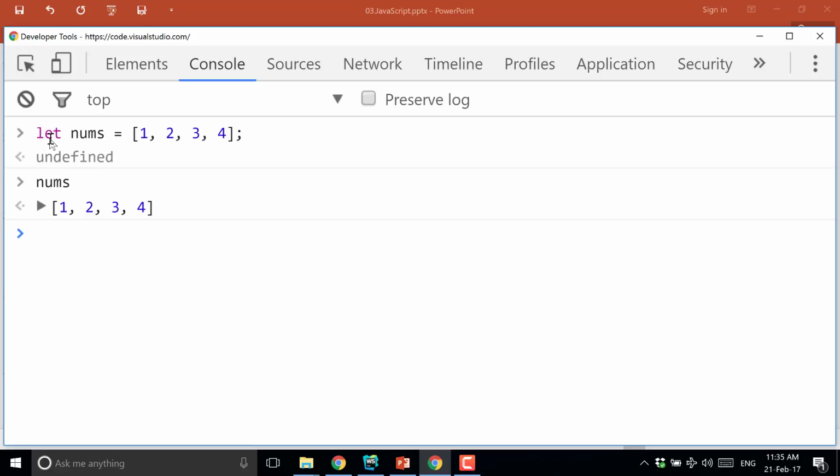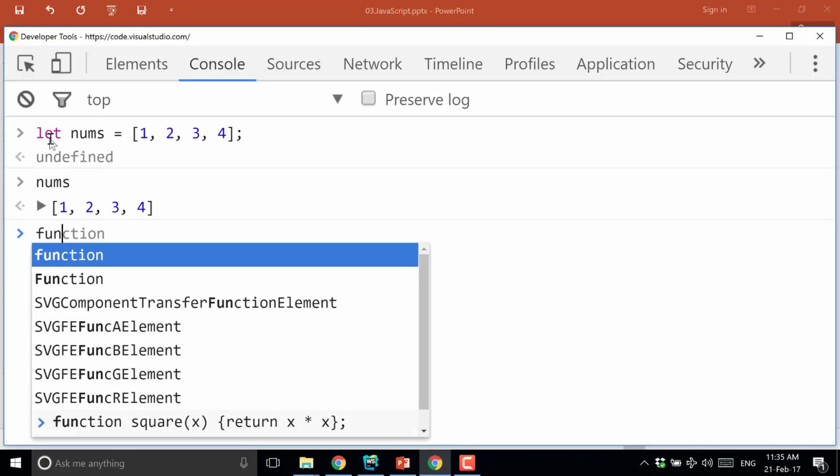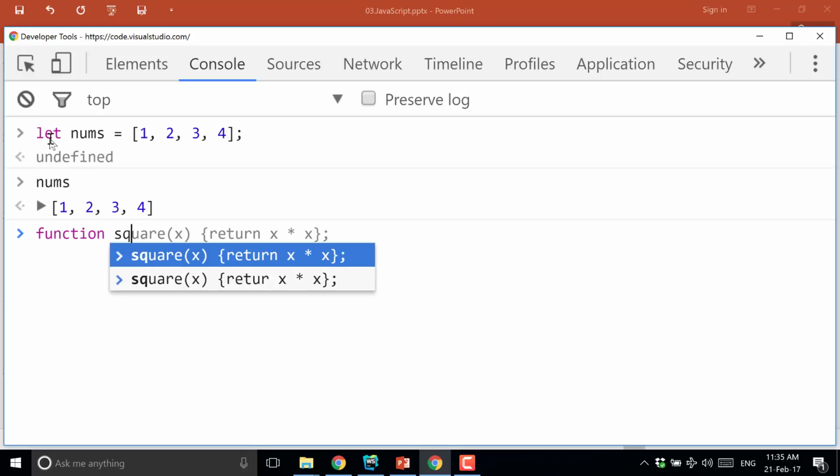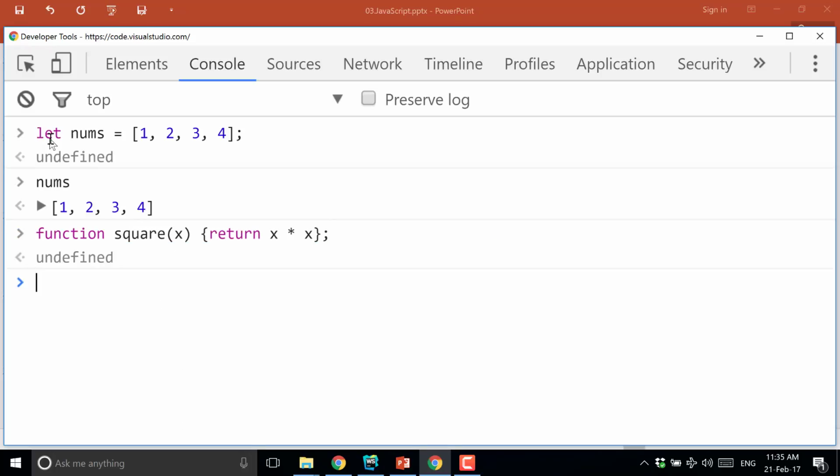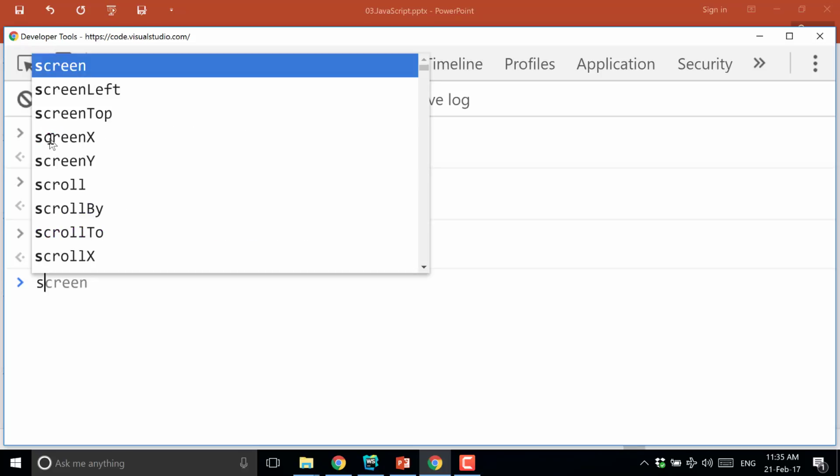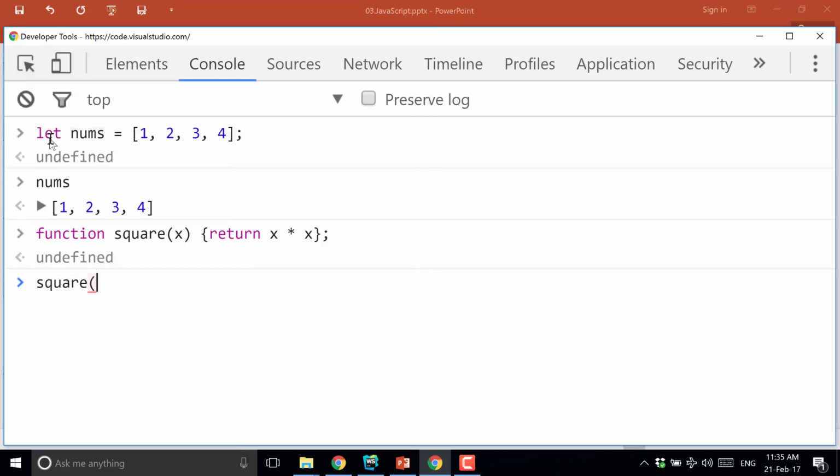Sorry? The square function. So let's create one. Let's create a square function. So here I create function, I call it square, and here is the square function. Okay, let's try it. It takes an input x and returns x times x. Now, let's try square of 6,